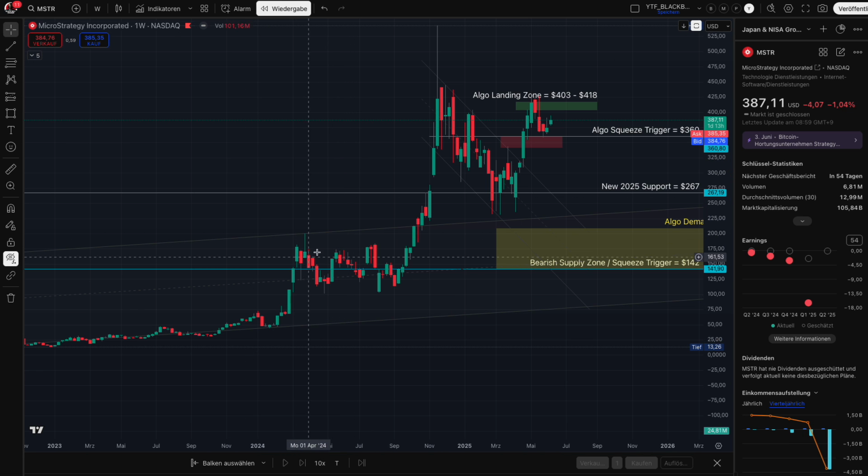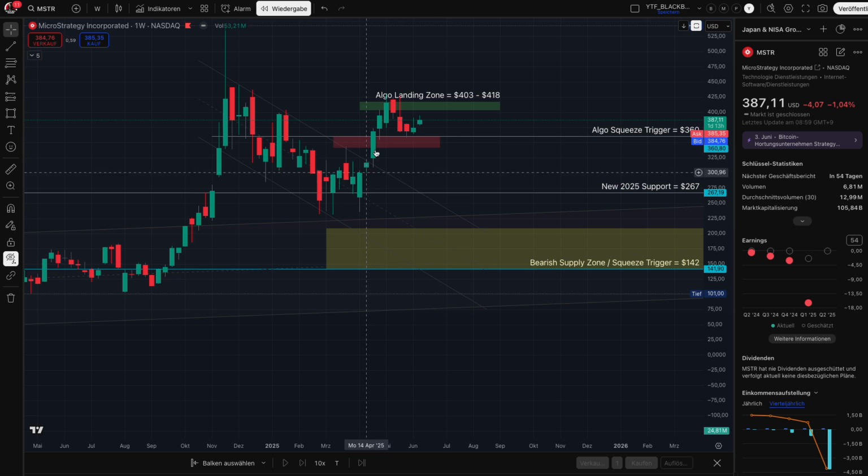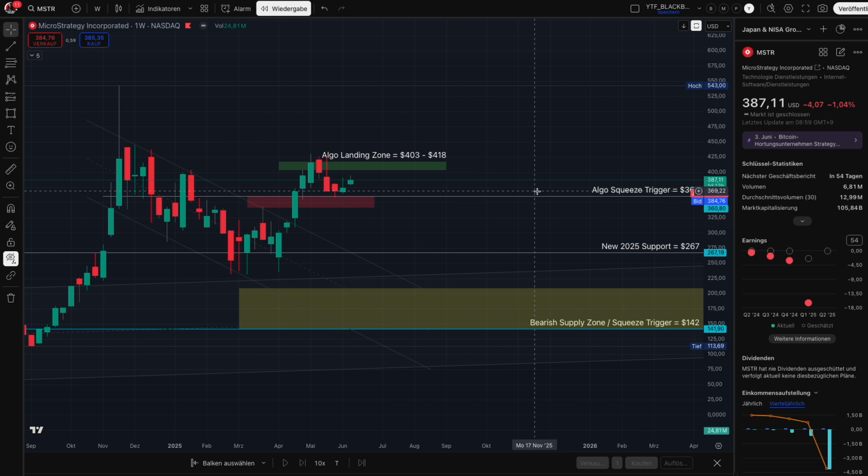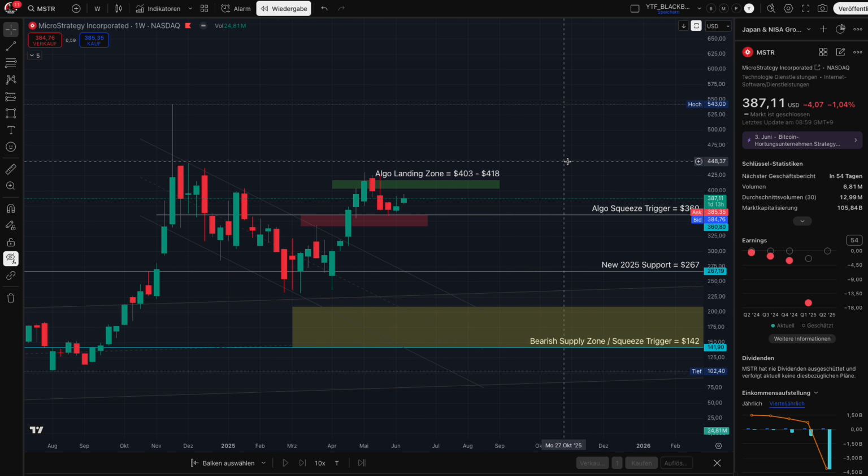What is that, guys? We start to build higher highs and higher lows. So if we still continue here to trade in this perfect trading world, that means that MSTR should not go lower anymore than $235. In my opinion, $267 is the strongest support which we have. We can see that here in the weekly chart, that the candles found support and that we had a lot of support from here with the next breakout, algo breakout, guys, and then we're heading here to the new price